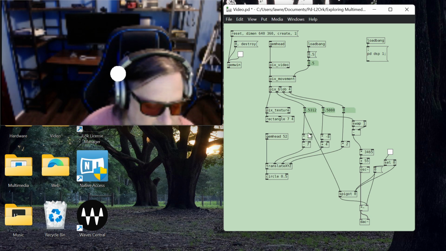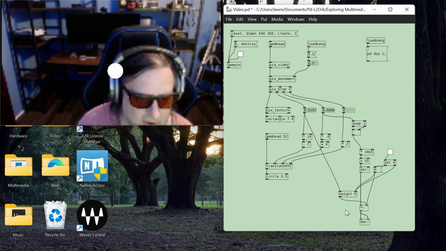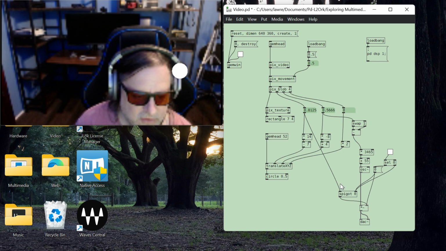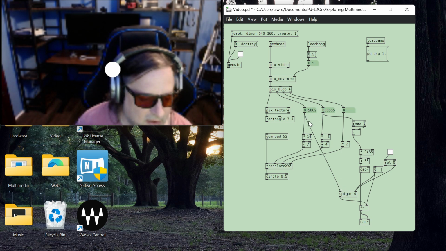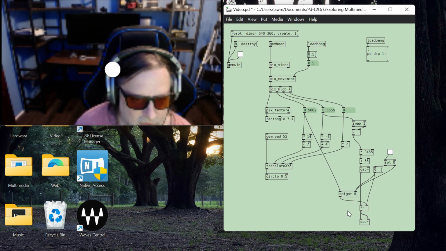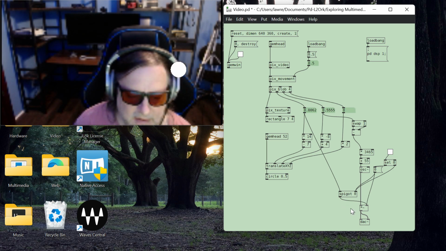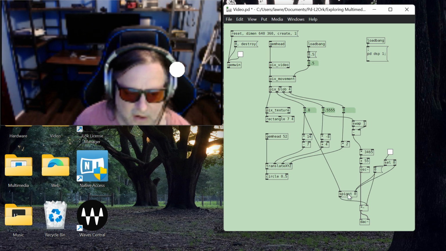Now for the X, that's going to be left to right, controlling loudness or amplitude. That's already on a range of 0 to 1, which is our amplitude range, so I didn't need to do any math with it. But I did put it through a spigot object. A spigot object is something you can run a cable through, and like a spigot, it allows you to turn the flow through it off or on. Basically, I wanted to be able to turn the thing on